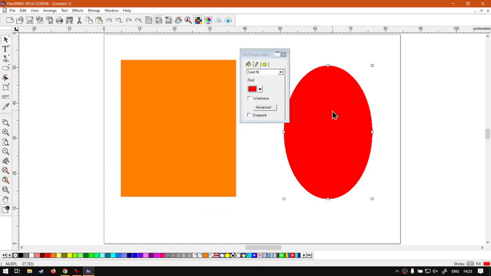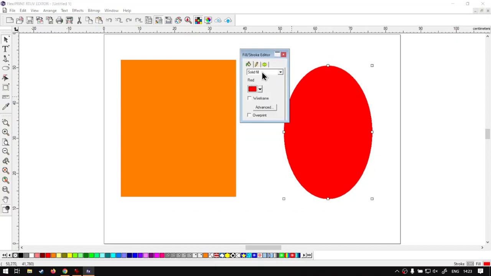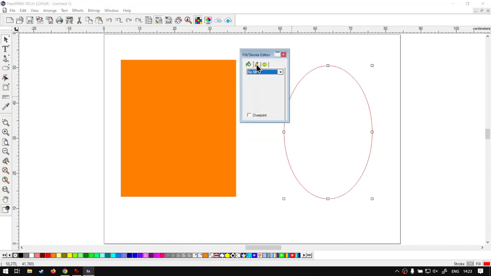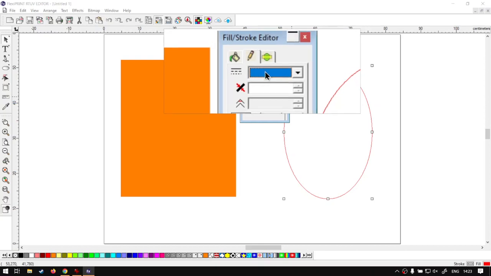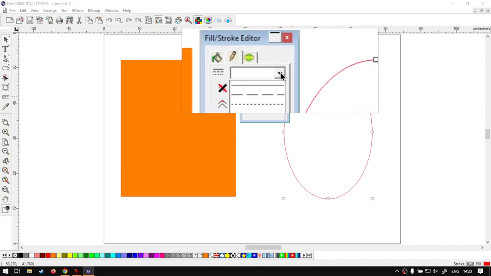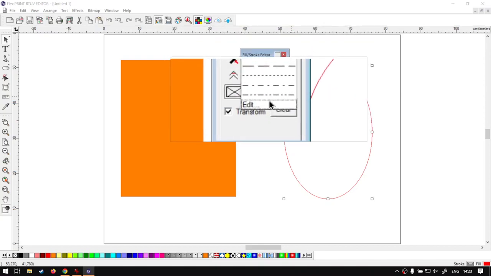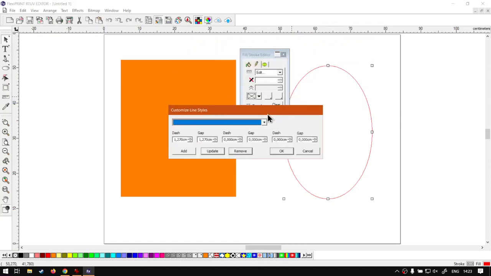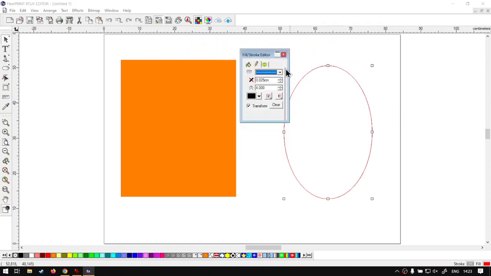If we go to the actual stroke, I'm just going to select a new shape. I'm going to set the actual fill to none. And then we go to the stroke. So we have a few options here. We're not going to run through everything, just the main ones. So the first one here is our stroke type. We can edit it and add in custom amounts if you want to go into that, but we won't do